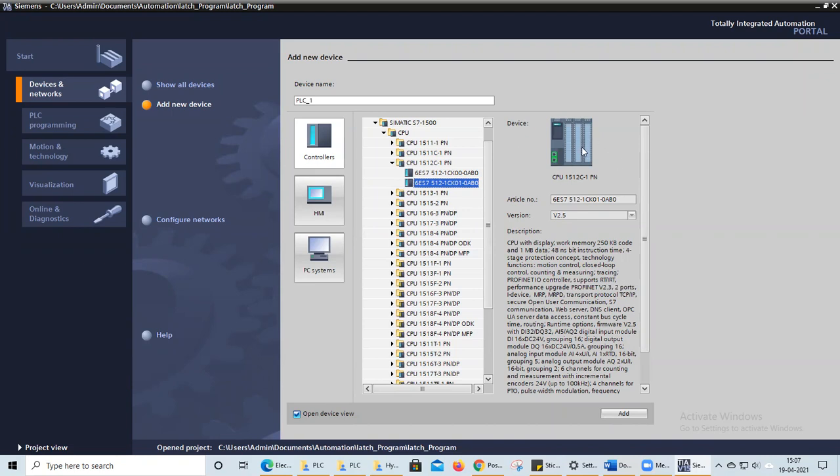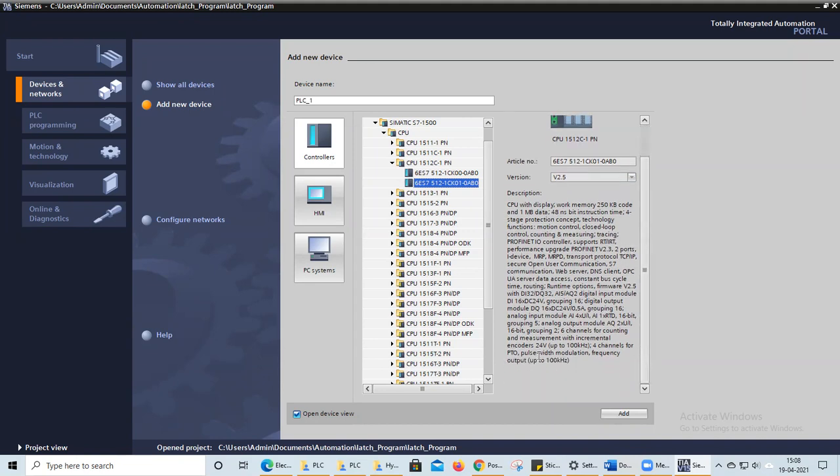Regarding this CPU, you can see a description is provided, means how much memory is available on this CPU, how many inputs and outputs are available, how many analog inputs are available, and what the voltage range of this CPU is. Everything will be provided in this description. The voltage range is from 0 to 24 volts, and it has a 4-channel PTO, pulse width modulation, everything available on this CPU.